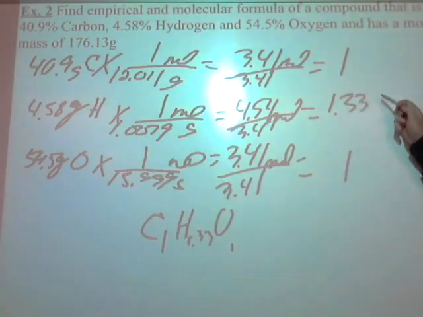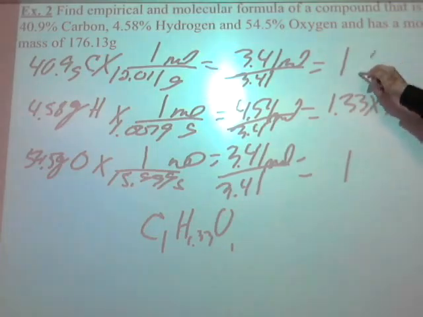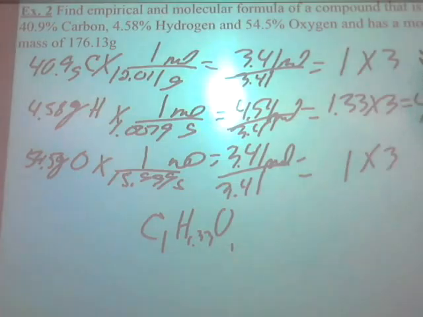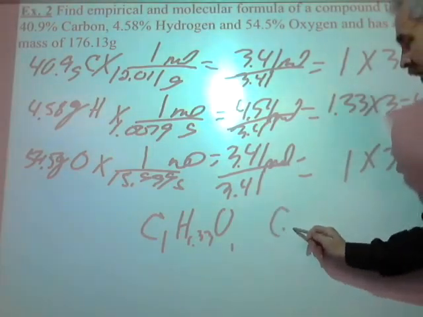What's the smallest whole number I can multiply this by to turn it into a whole number? 3. If I multiply it by 3, I will get 4. Do you see why? It'll actually be 3.999, but you can round it up. If you're within a tenth, you could definitely round them up. But if I do that to this one, I have to do that to the others, and so my actual empirical formula is